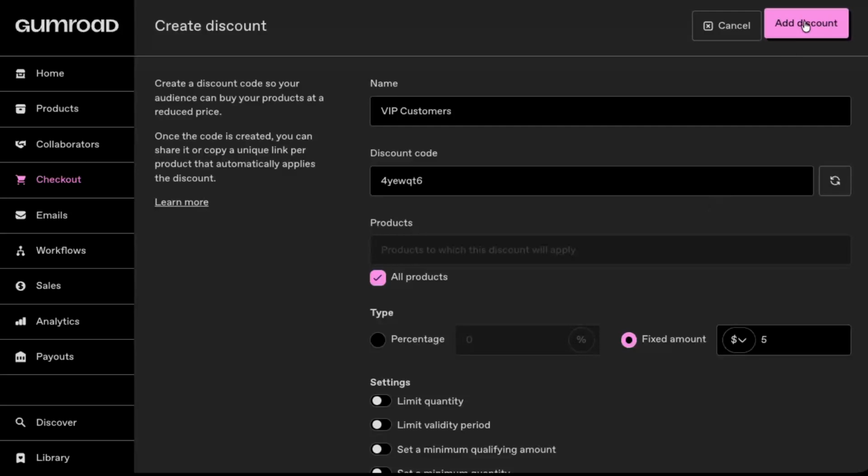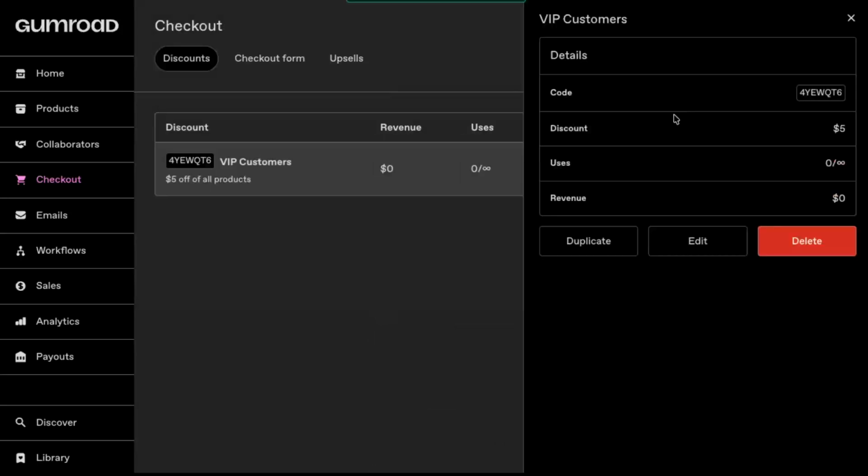When everything looks good, scroll back up to the top of the page. In the top right corner, click on Add Discount to save it. Your new discount code is now active and